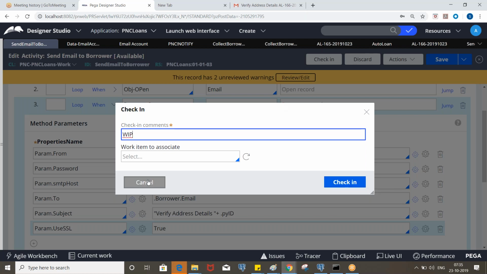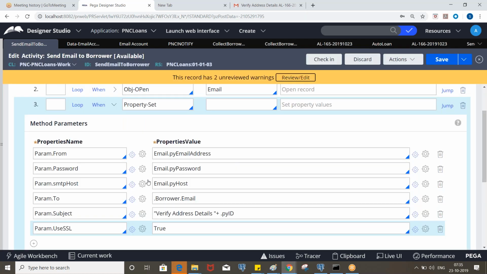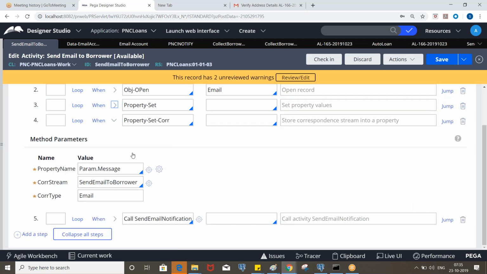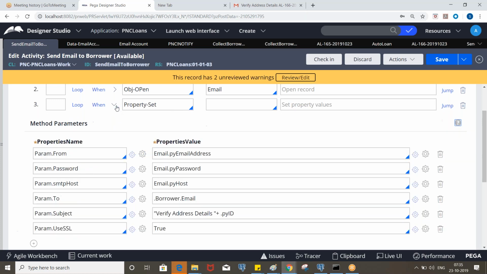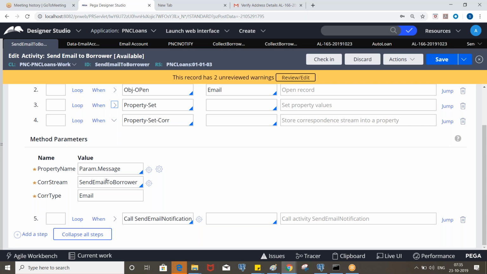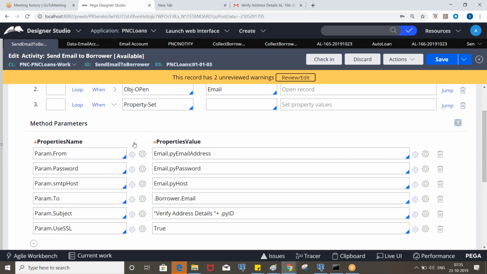And one more thing, yeah, you tell me. Any property which can be assigned a value in this property set call. Like here we are assigning value to message. No, the remaining are not required. Yeah, in this case not required, but mostly it is not required. These are direct values, right?